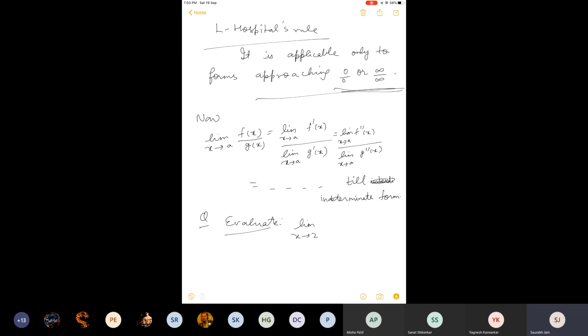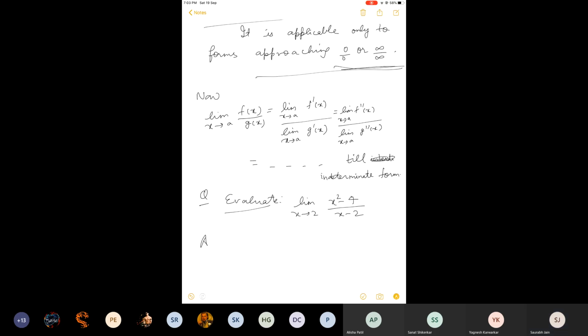Once again, see, this is the favorite question. Limit x tends to 2, (x square minus 4) upon (x minus 2). Once again it is coming. It comes in every method till now. We solved it by factorization, by LHL RHL method, by graph, by making a table. Every time we are getting 4. Let us use this method here also. Why can we use this method here? Because it is approaching 0 by 0. Put x equal to 2, you will get the answer.